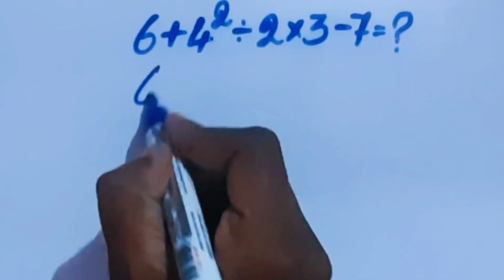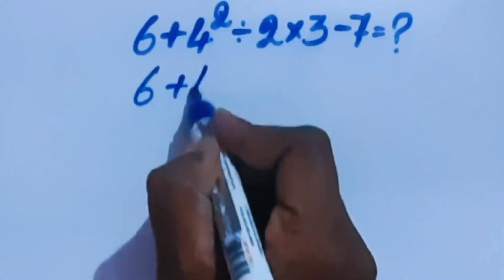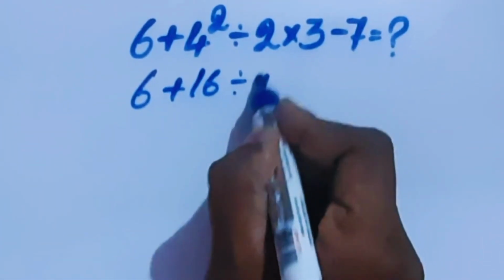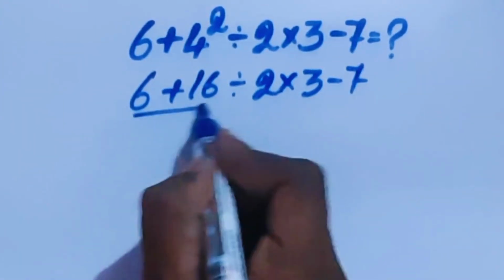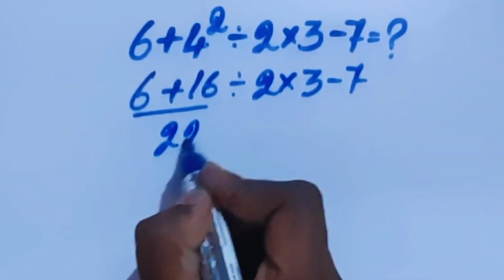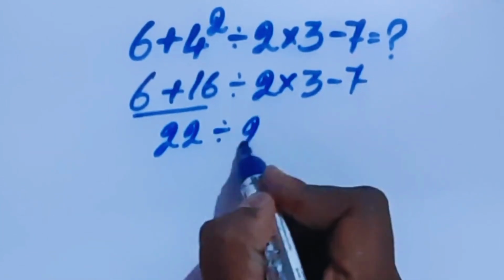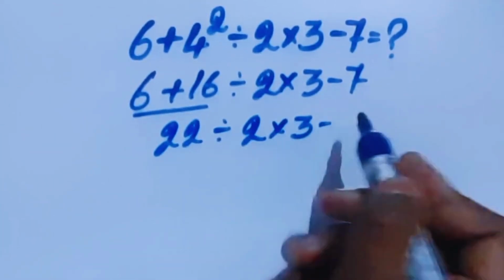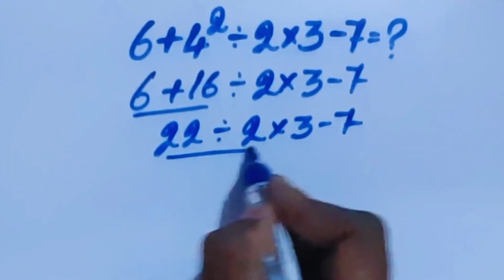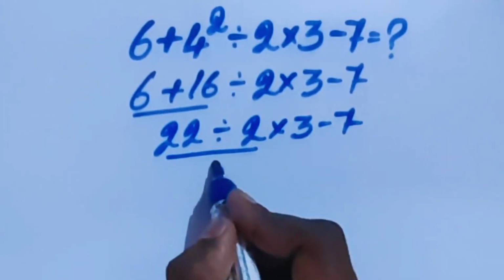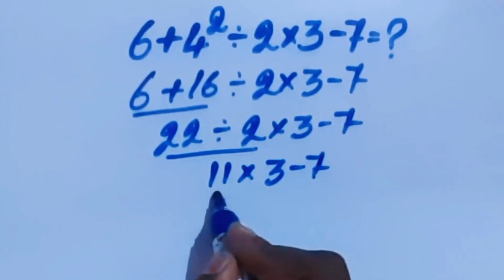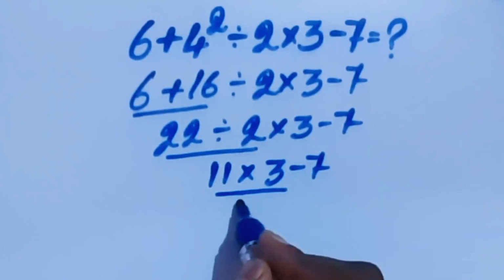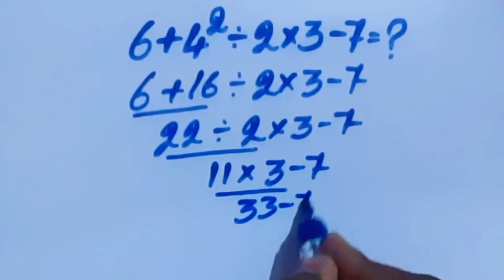Hi guys, here 6 plus 4 squared is 16, divided by 2 times 3 minus 7. Here 6 plus 16 is 22, divided by 2 times 3 minus 7. Here 22 divided by 2 is 11, times 3 minus 7. Here 11 times 3 is 33, minus 7 is